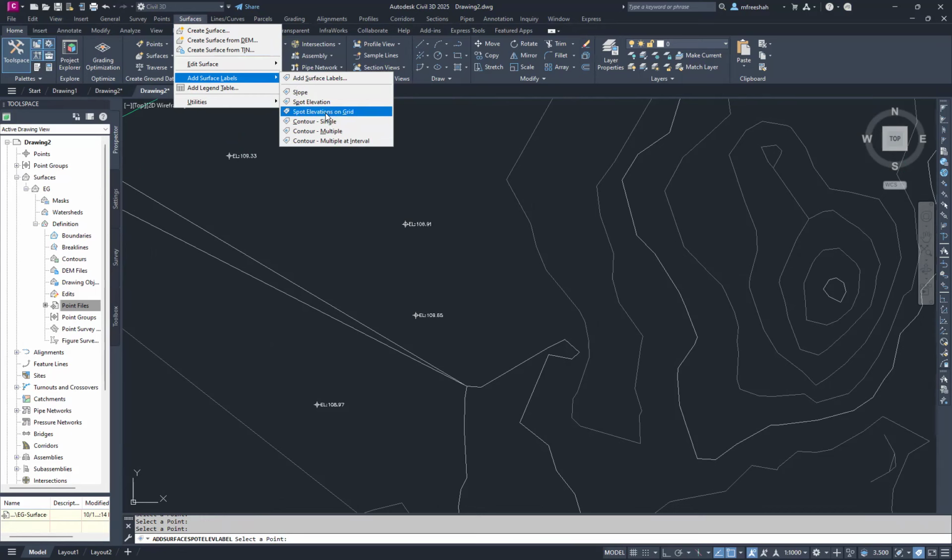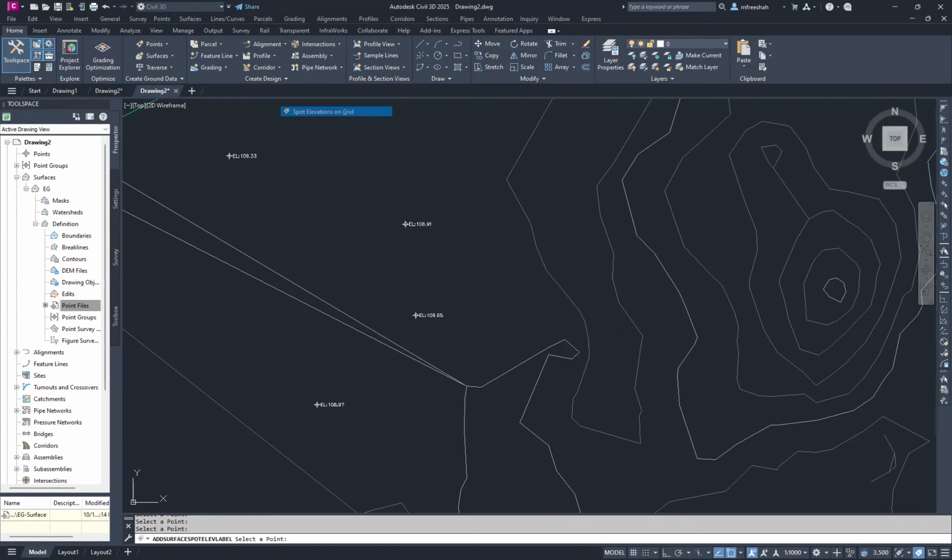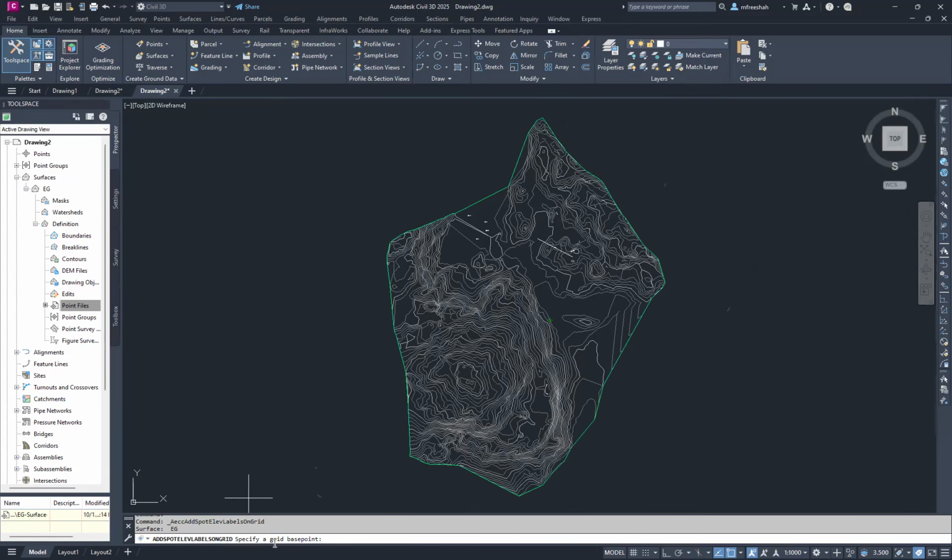Okay. Based on the grid. Okay. You want to make a spot elevation for a specific grid, X spacing and Y spacing. Let's see. Okay. Spot elevation. And look what, see it here, specify a grid base point. I wanted to make it for the whole surface. Okay, you can, the lowest